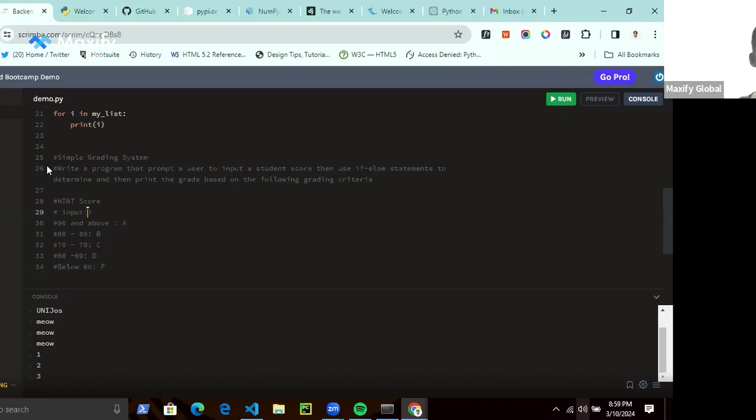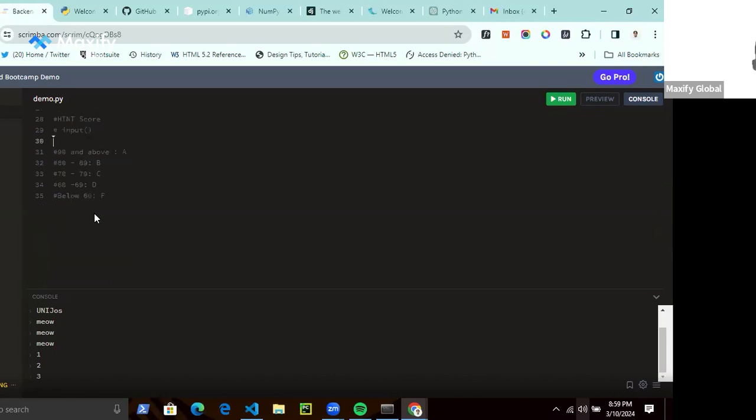So we can use it to get input and store it into a variable called score. Then we can check if the grade is 90 and above using an if statement, then print the grade. If it's 80 to 89, we'll print B. If it's 70 to 79, we'll print C. So that's how we run the program. You can just try it out.